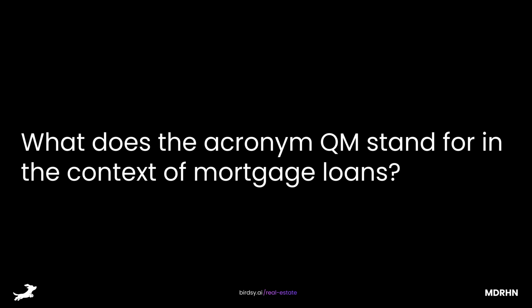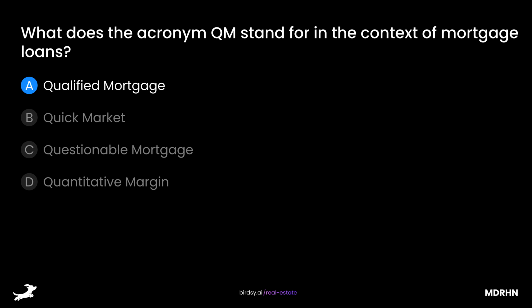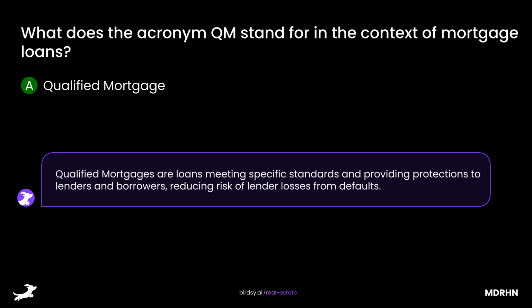What does the acronym QM stand for in the context of mortgage loans? Is it A, qualified mortgage, B, quick market, C, questionable mortgage, or D, quantitative margin? The answer is A, qualified mortgage. Qualified mortgages are loans meeting specific standards and providing protections to lenders and borrowers, reducing risk of lender losses from